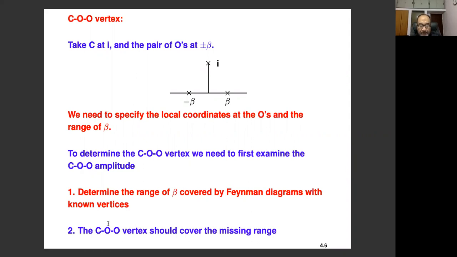And this is very similar to what happened yesterday, for example, when we looked at the two-point function of closed strings on the disk. Part of the region of Y integration was covered by a Feynman diagram with an intermediate open string. And whatever was left, we declared that as the two-point closed string vertex. And the philosophy is the same everywhere, in all cases.